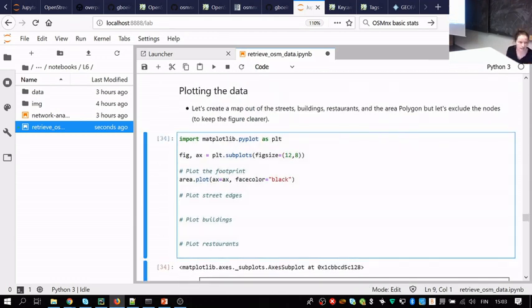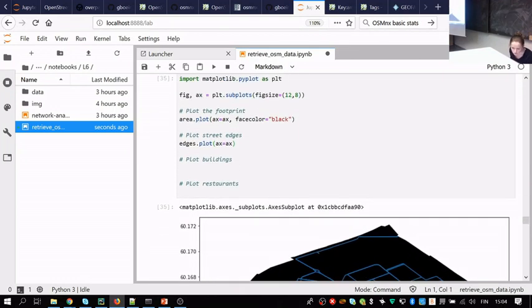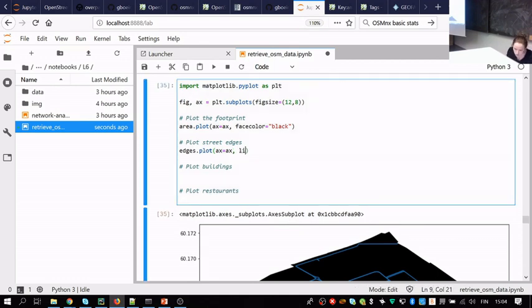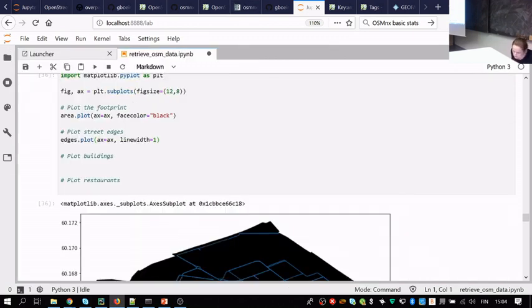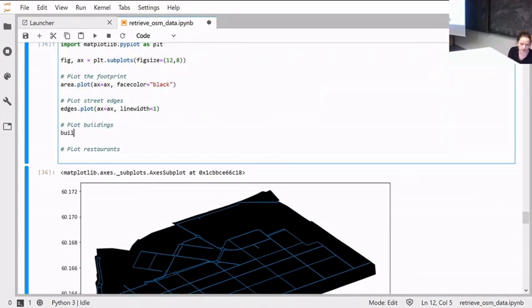Then the street edges, plot again to the same subplot. We have nice blue lines. We can reduce line width equals 1. I don't know if it reduced anything. Then the buildings, plot again ax equals ax,